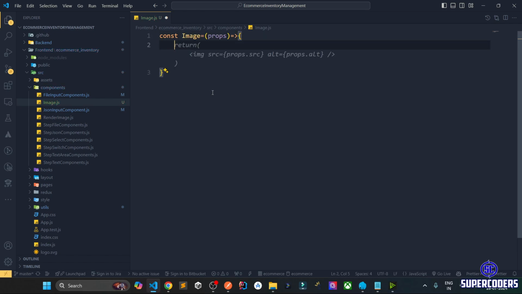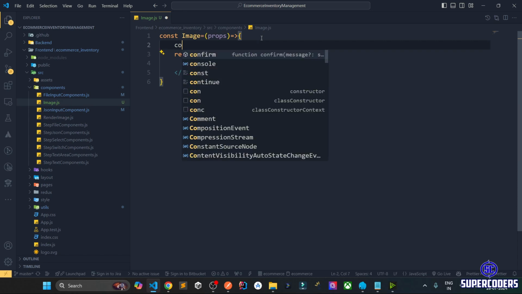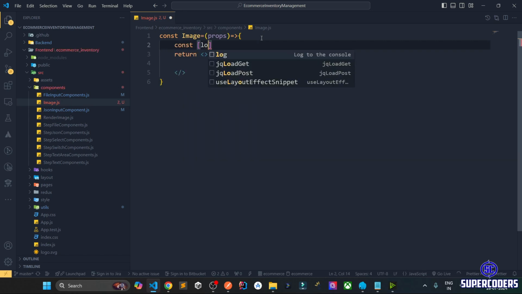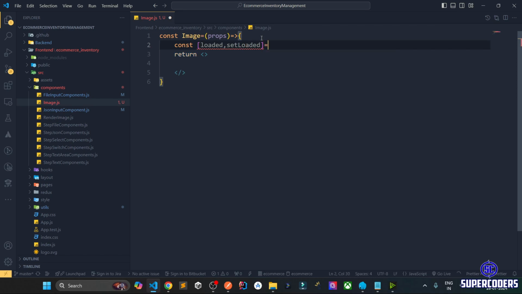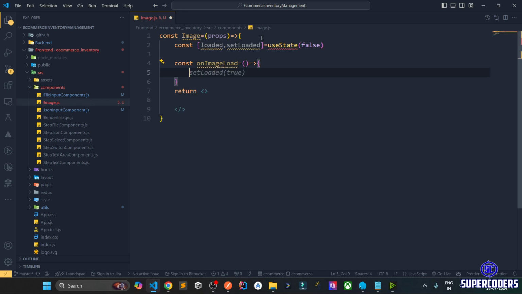After that, here what I can do, return an empty fragment, and here creating a state: const [loaded, setLoaded] = useState(false). Then const onImageLoad, which simply sets loaded to true. Let's import this useState,